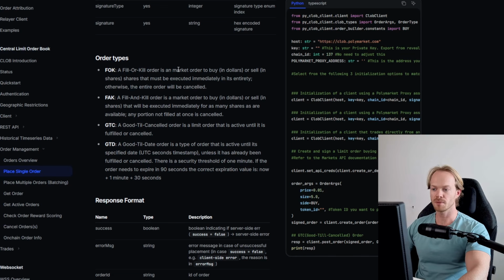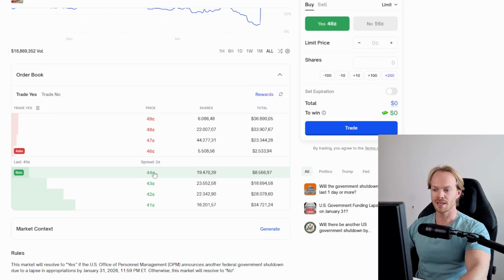Now, we have to keep in mind here, Polymarket doesn't have market orders. So the definition here of a market order is what we could also call a taker order. It's an order you place on the best bid or ask, depending on if you are a seller or buyer. If you want to do a market order as a buyer, you would have to look at the order book and say, okay, as a buyer, I need to cross the spread over to the ask side. What is the best ask? It's 46. So if you place an order to buy at 46, you can be almost guaranteed that it fills,